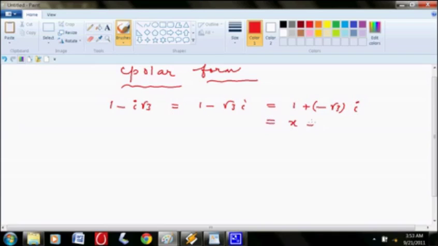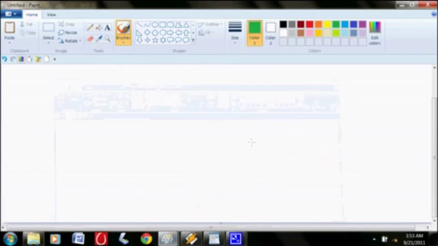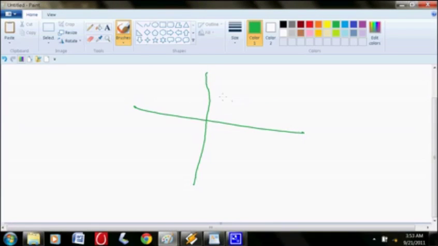If we compare it with x plus yi, then you can make out that x is positive and y is negative. As you've learned in class 10th, that this